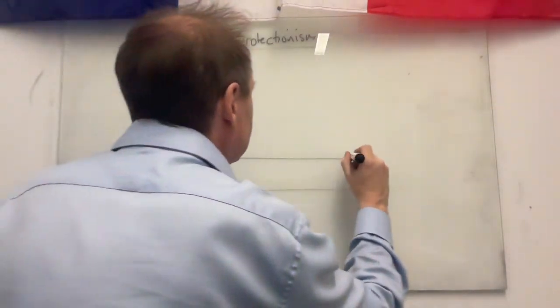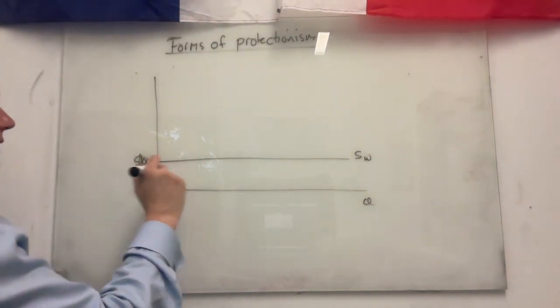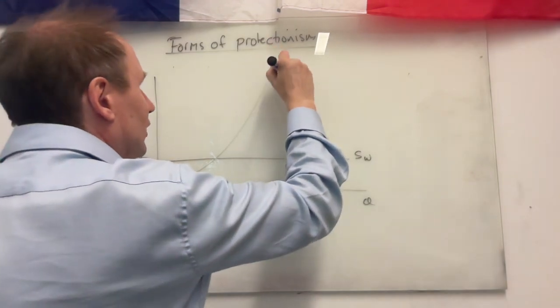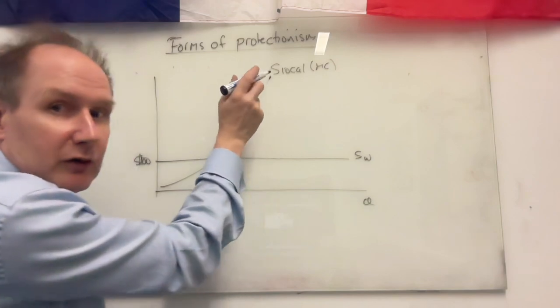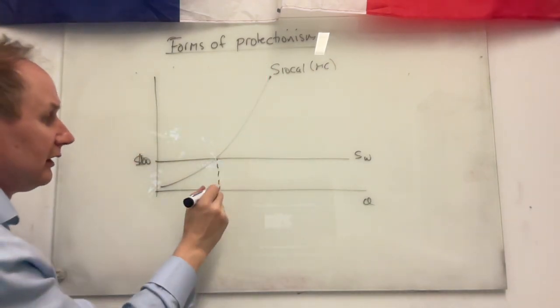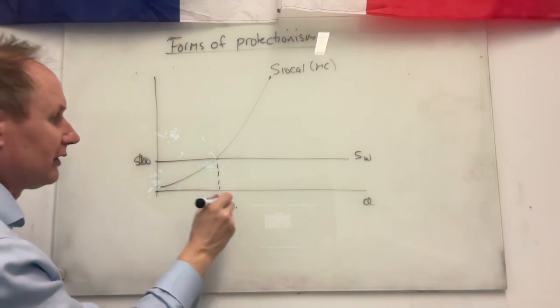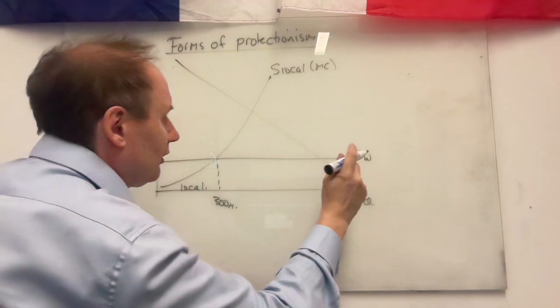That was our world supply. You can have as much as you want at $100 a ton. That was the local supply based on marginal cost. These are the really inefficient producers up here, who have very high marginal costs. These are the efficient ones. We said that up to 300 million tons was going to be bought from local producers, and that's too big.